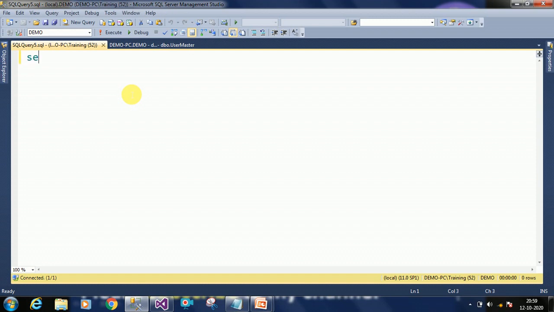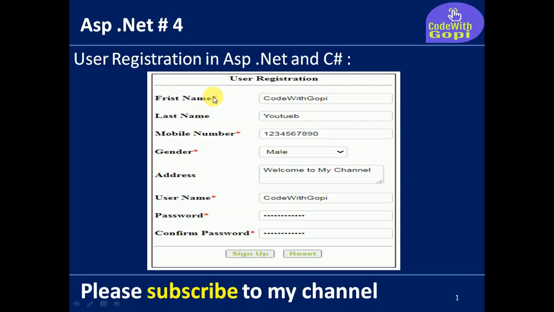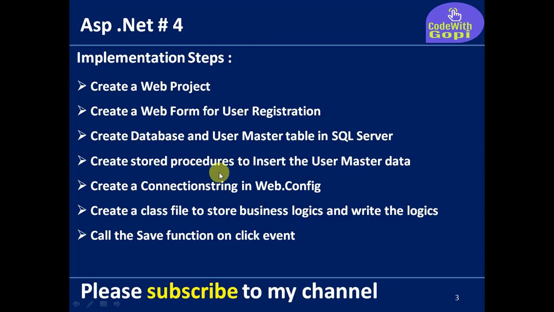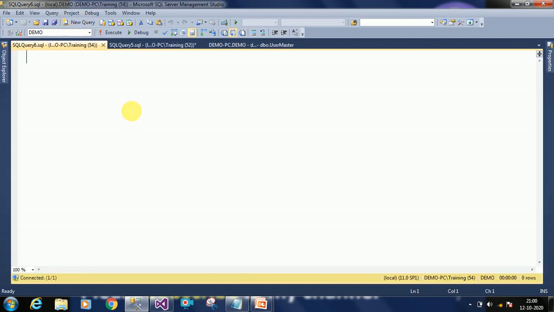Click on new query and you can check the table structure here. So it has created all the columns. Okay, then what we have to do is create a stored procedure to insert the user master data. So for that, click on new query,